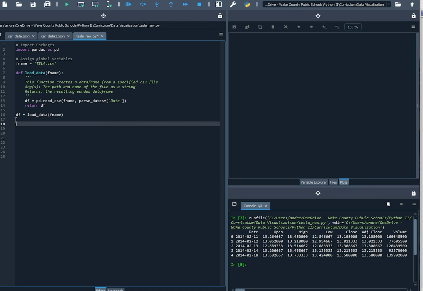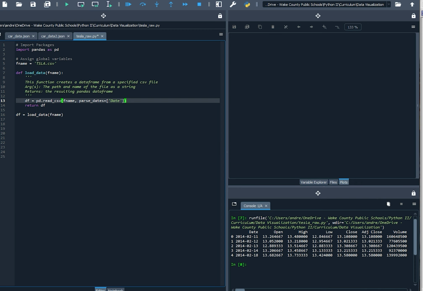Okay, so for our analysis in this video, the first thing I want to do is get some information from the data frame. In order to do that, one of the things that will make it easier for us to work with our data frame and get information from it is we want to reset and change the index. Right now, if you look in the console, you'll see that the index of this data frame is actually integers. So 0, 1, 2, 3, 4, that's the index. And what I want to do is change the index to be the date column. And when you're doing time series analysis and you're referring to information in the data frame, you might want to refer to a particular date to get some data, and it's much easier if the